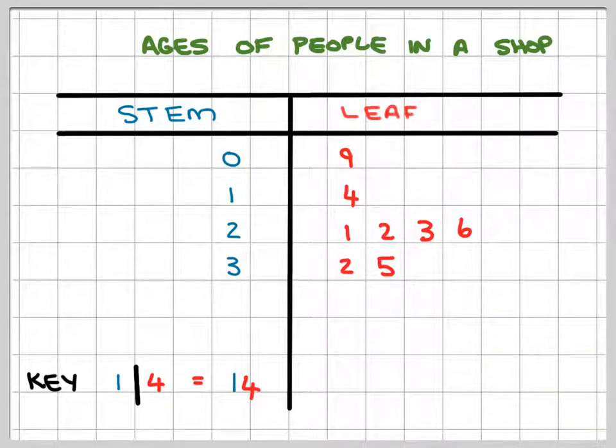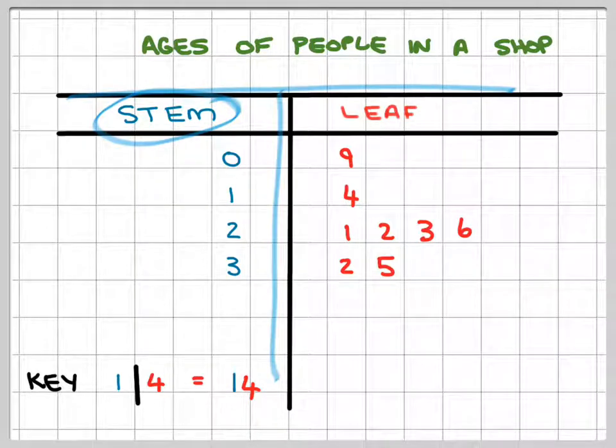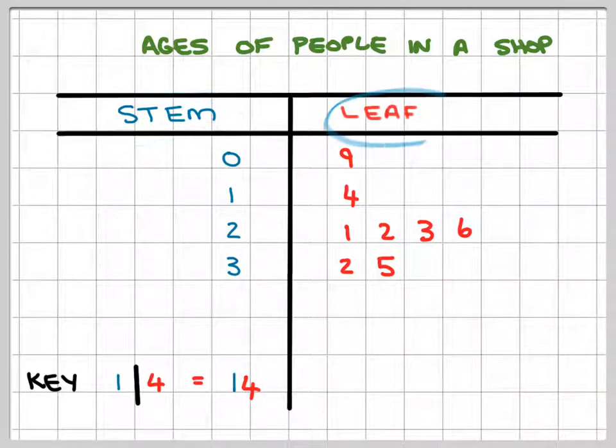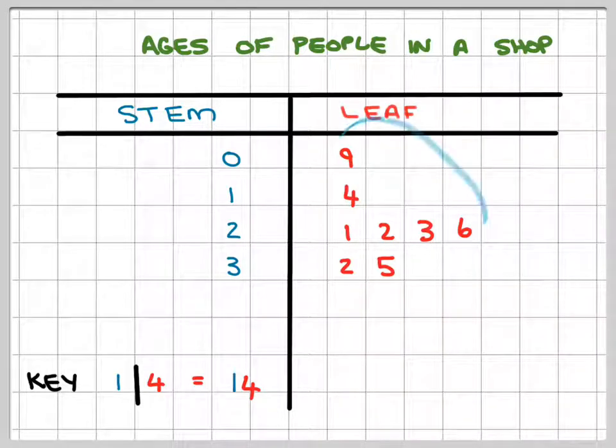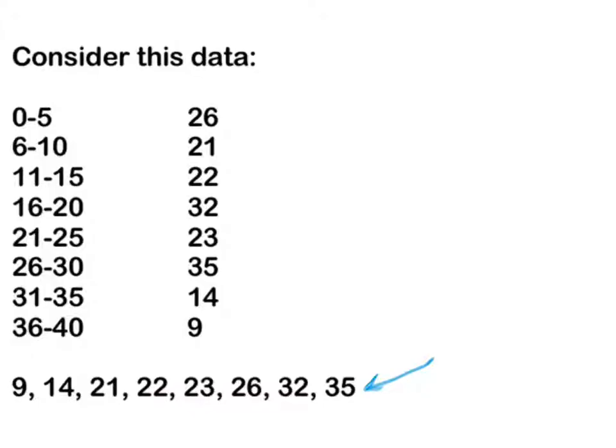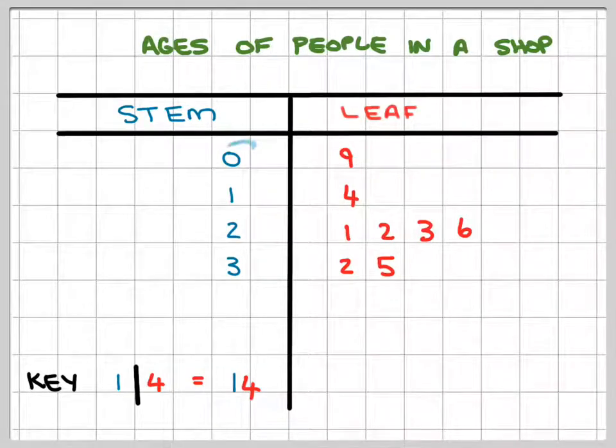Well, first of all, we've got the title here, the ages of people in the shop. The stem is on this side of the T. You see your T here, okay? And the leaf is on this side. Right, now remember the stem holds the first piece of the data, and the leaf holds the last piece. So when we go and plot 9, 9 is our first number there. We plot it as 0 in the stem because it's not a tens, it's only a unit, and a 9